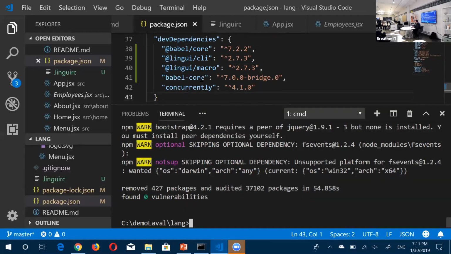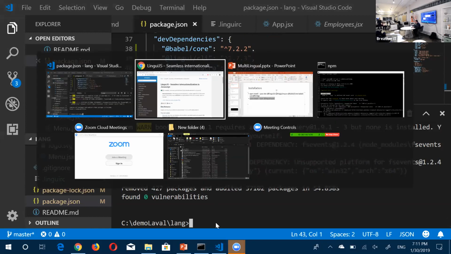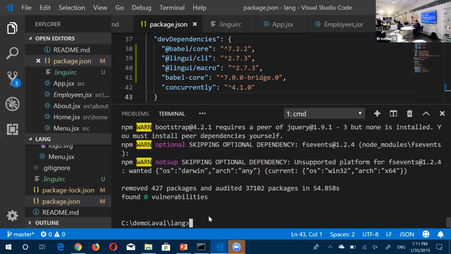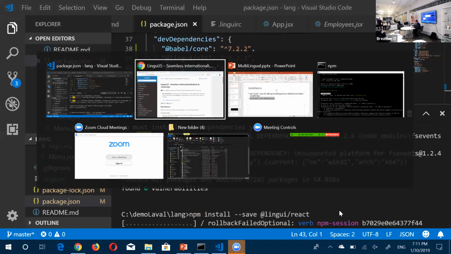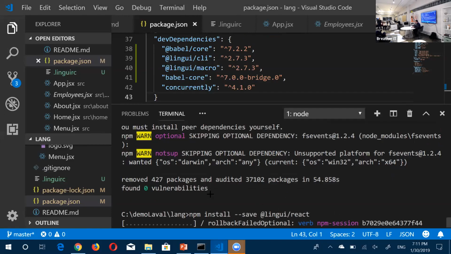Okay, good. It's been done. I've been able to remove those two extra packages, and I'm going to be a little bit more careful next time. Okay, so just before going on, I'm going to do the npm install here. There we go. It's installing. While it's doing that, I'm going to go to the next step,